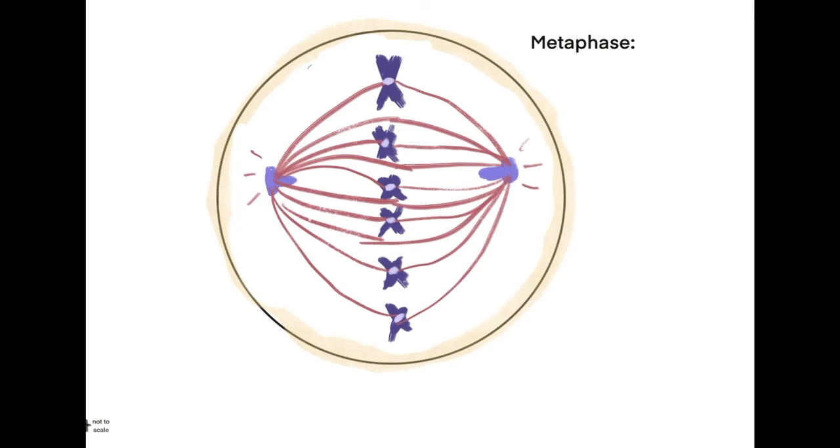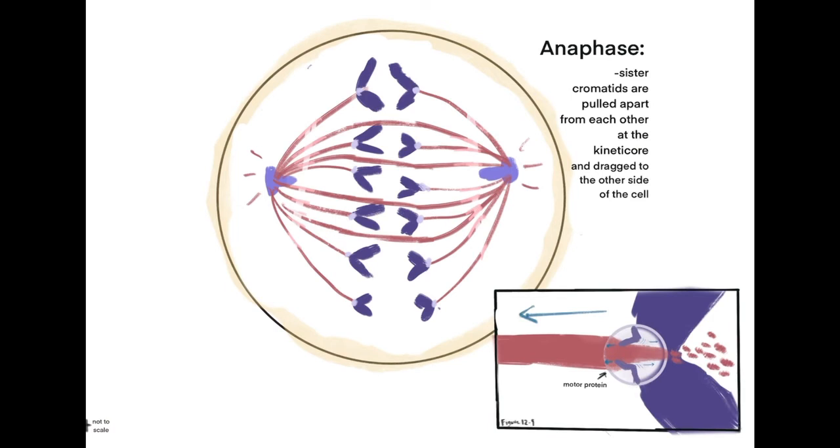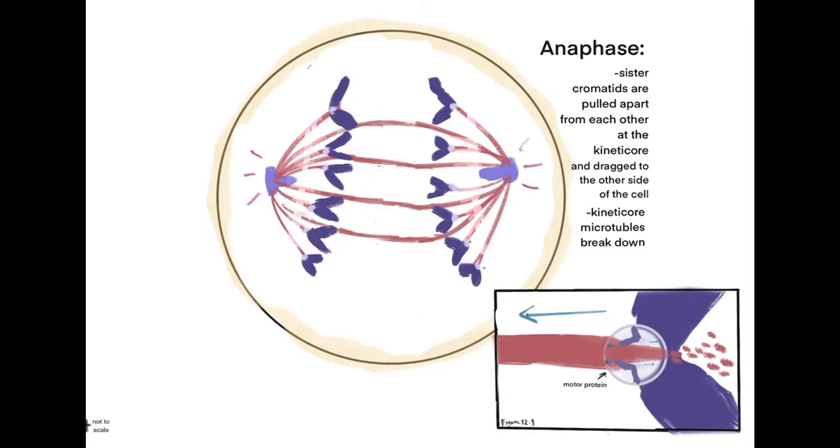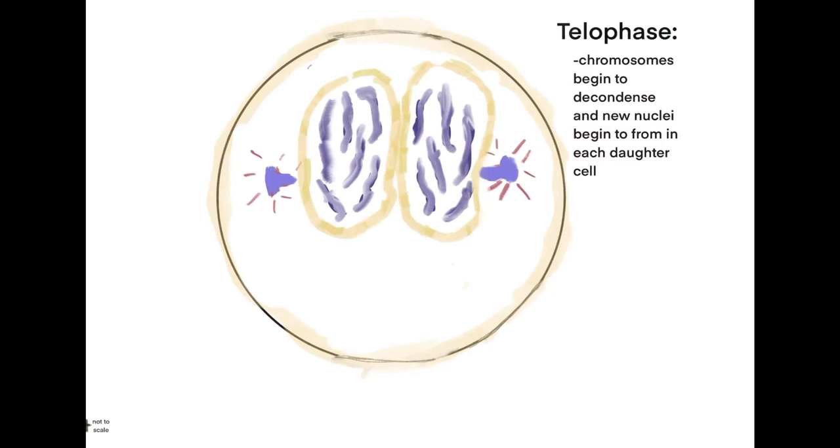Next is metaphase. The chromosomes are aligned along the metaphase plate, which is like the diameter equator or prime meridian of the cell. The centrosome's kinetochores for each chromosome is perpendicular to the microtubules on the opposite poles. Then there's anaphase. The sister chromatids are pulled apart from their centromeres by a motor protein within the kinetochore. It breaks down the tubulin from the microtubules, drawing each sister to the opposite side of the cell. Then there's telophase. The non-kinetochore microtubules have stretched the membrane of the cell, two nuclei begin to form in each daughter cell